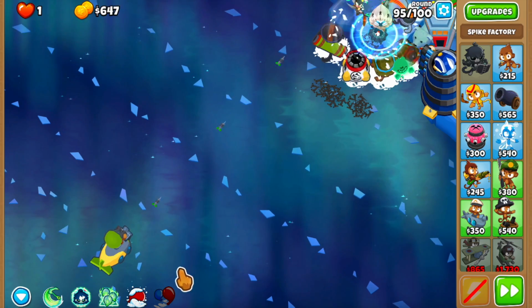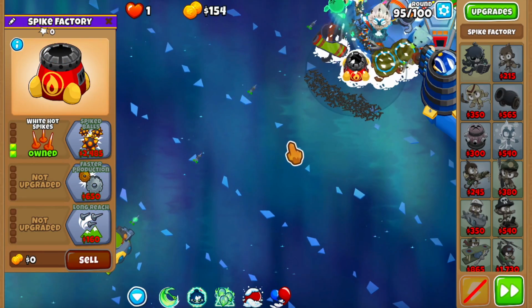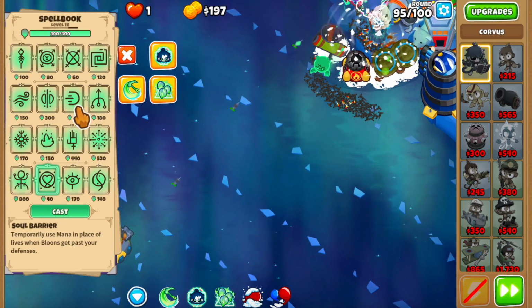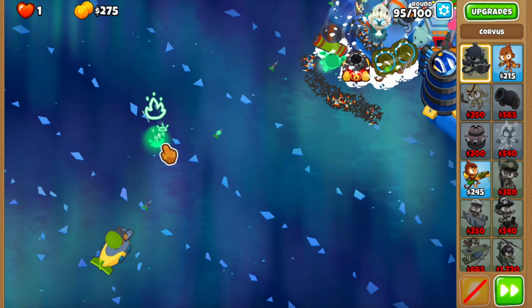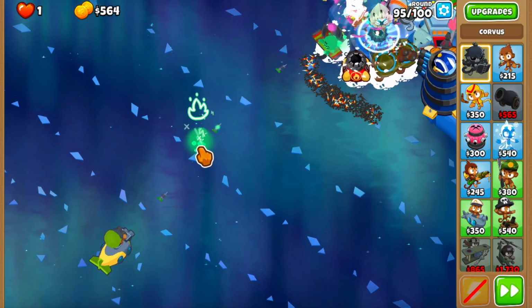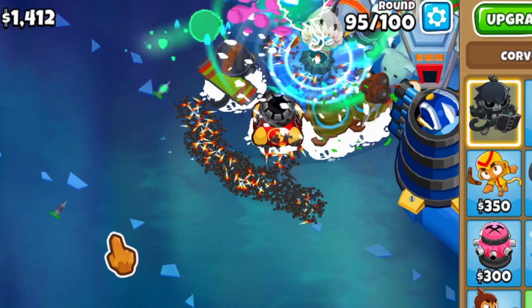As soon as these DDTs start coming out, I'm going to use the Sabo just in case. And by the way, let's just not forget to upgrade all of these guys. And let's have Corvus use some spells. I mean, what's good versus DDTs? And what even pops DDTs? Maybe we can use the Ember, I guess, because it's fire. Are they coming? They're coming out, I mean, but I'm not seeing any of them. So I use the Ember. Let's get some